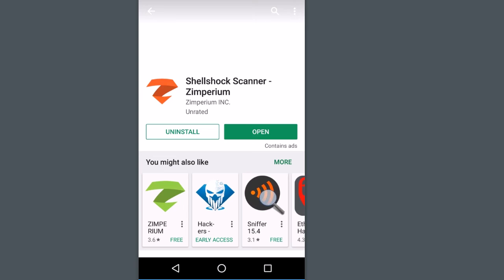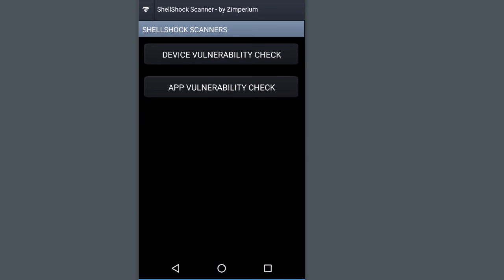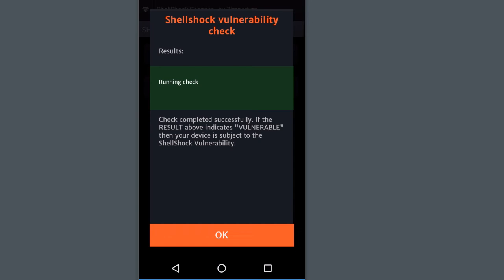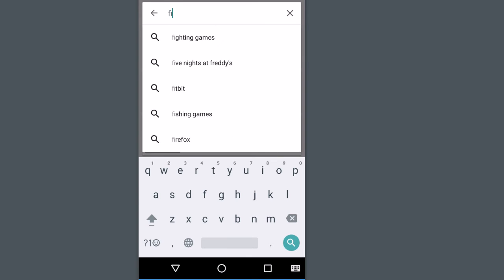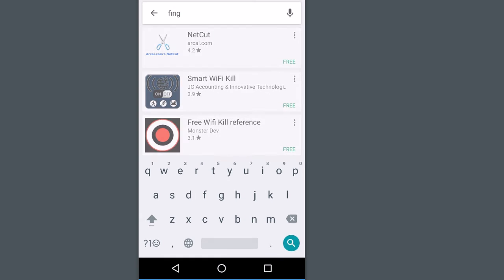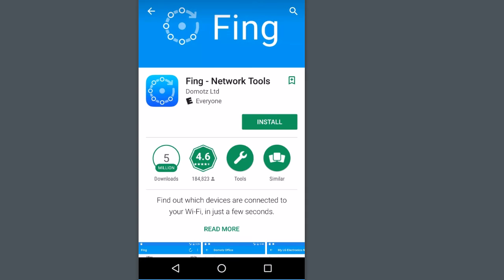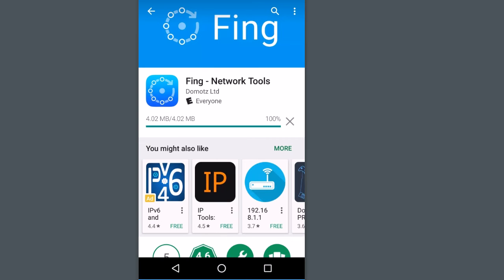And you can see that you can do a device vulnerability check and an application vulnerability check. You can see here my Android device, which is a Nexus 5, is not vulnerable to shell shock. So Fing Network Tools is another great bundle of tools for Wi-Fi reconnaissance and Wi-Fi network scanning. So I'm going to download Fing, install the APK, set it up, give it the permissions that it requires,